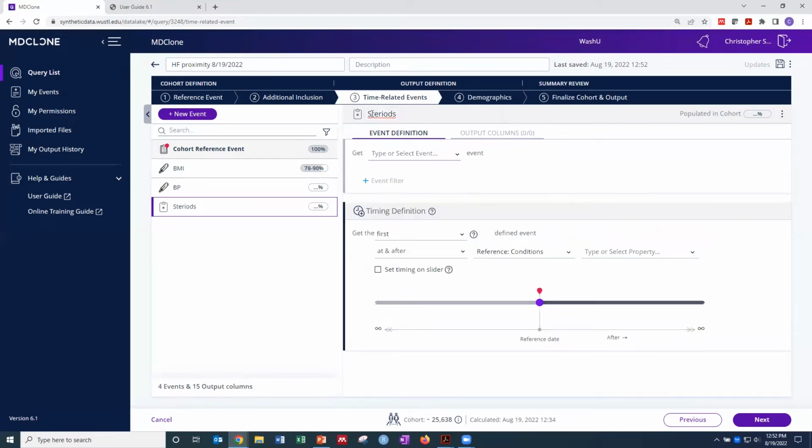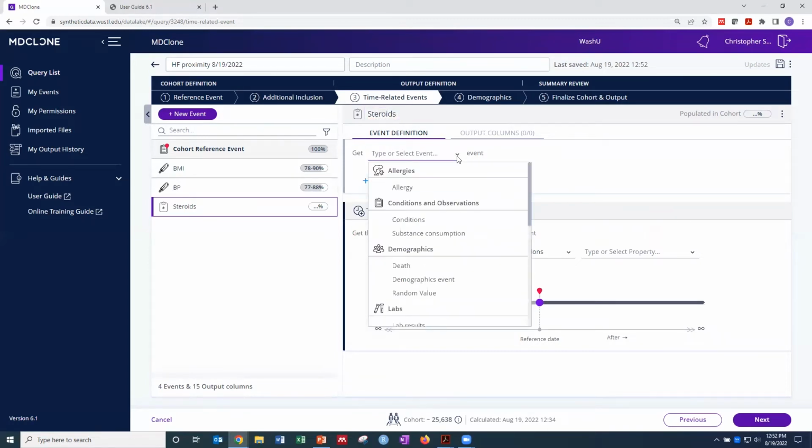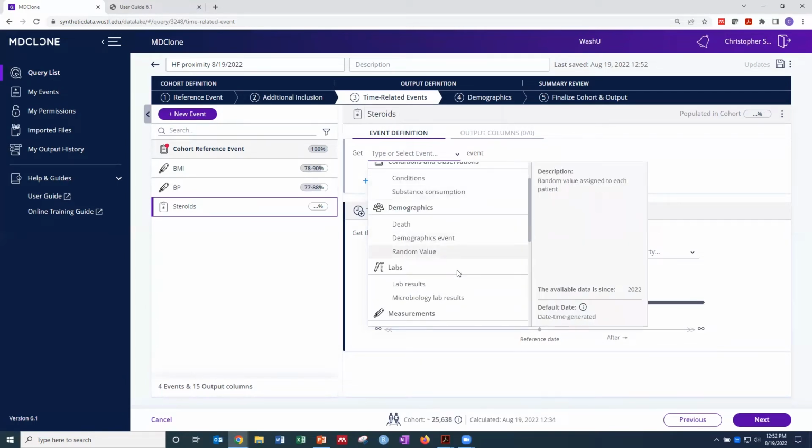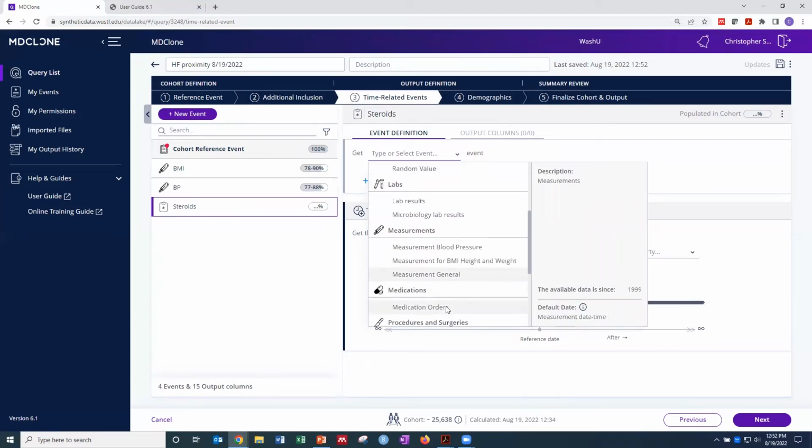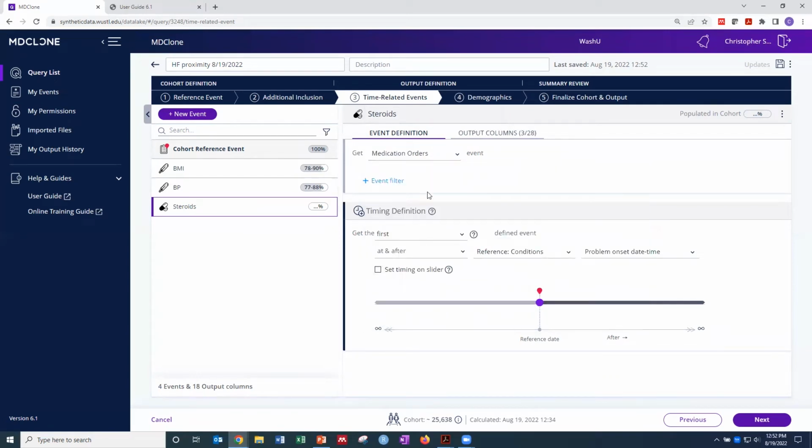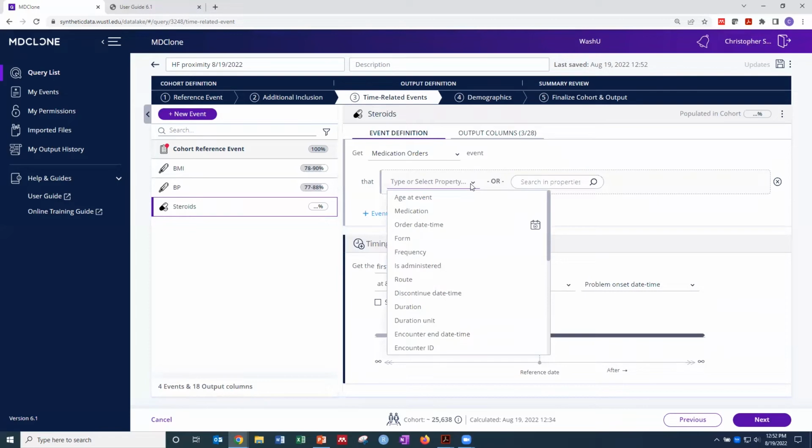This is definitely one where I would need a content expert, because I'm not sure what type of steroids they would be finding. But let's go to medication orders, and we could say event filters,